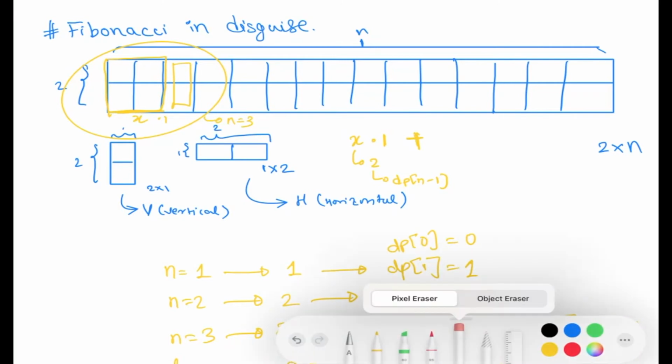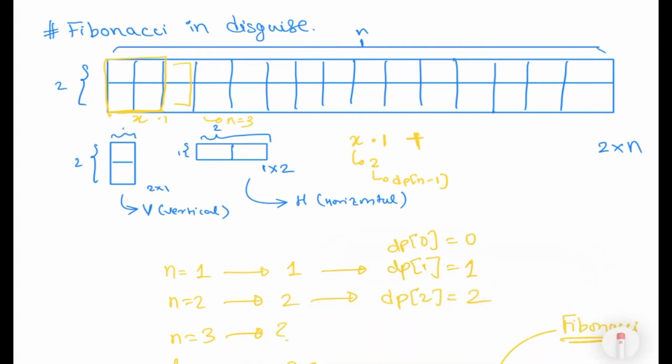Now we will add, but add what? So I'll just clean this up. Now we will change our targeted section to one more back. We get one further away from our n, and let's call it y. The number of ways to tile this area be y. So we have y is equal to 1, and that is nothing but dpn minus 2, and we have the remaining area, and the possible way to fill the remaining area is to put two horizontal tiles. So it is one possible way.